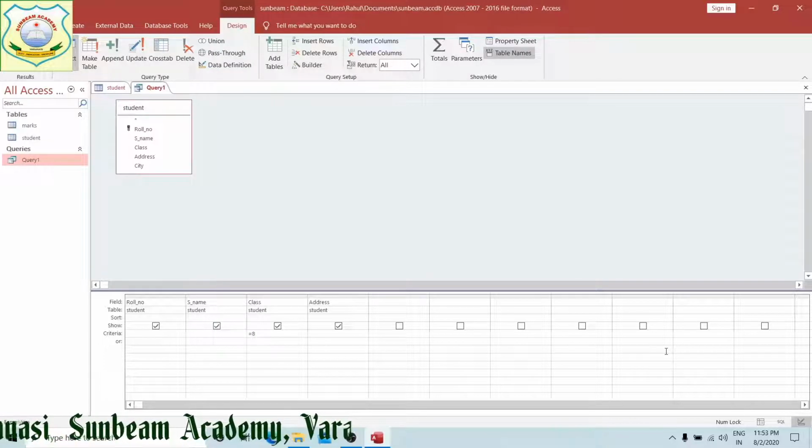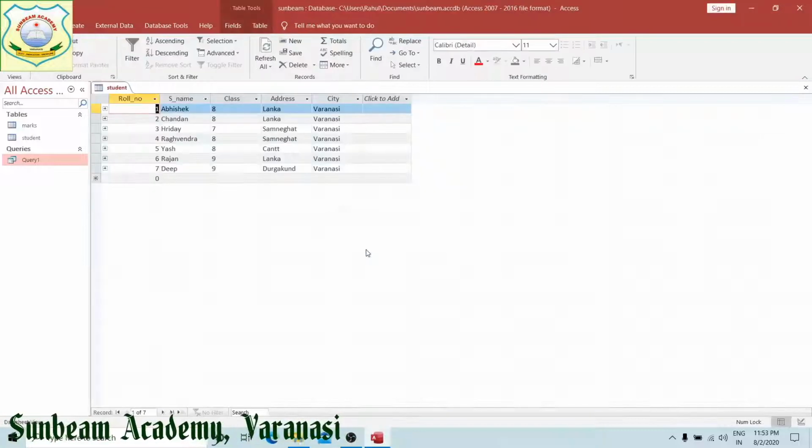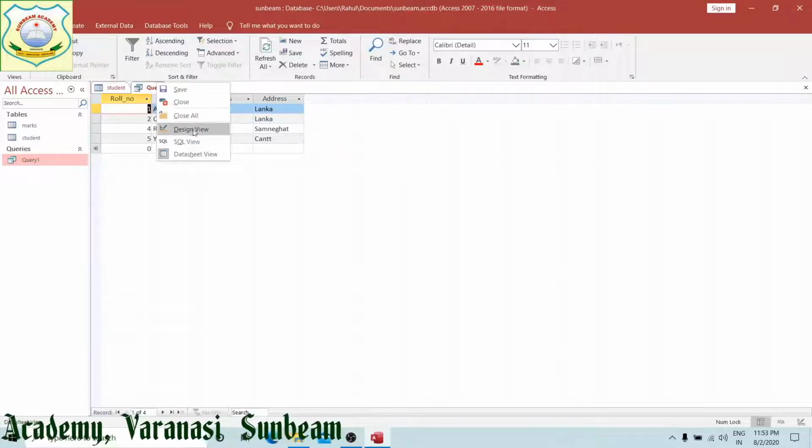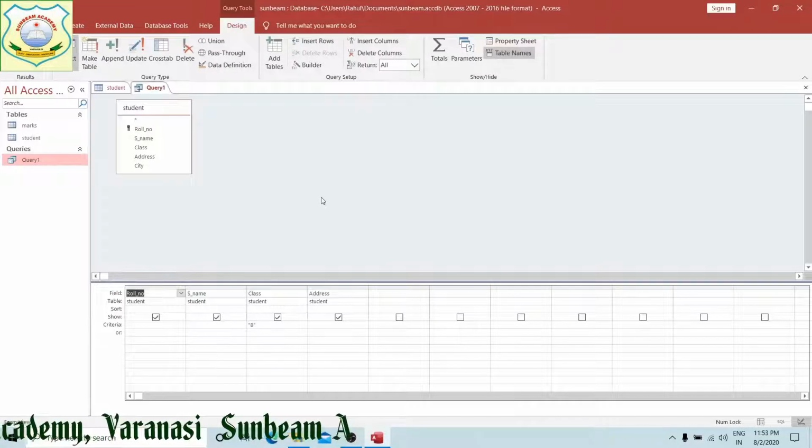I have given class 8 only. After giving, now click on cross, save it. Now when you run this query, you will see that only class 8 students we are going to get. This is simple criteria. You can provide any simple criteria so that you can get the answers.